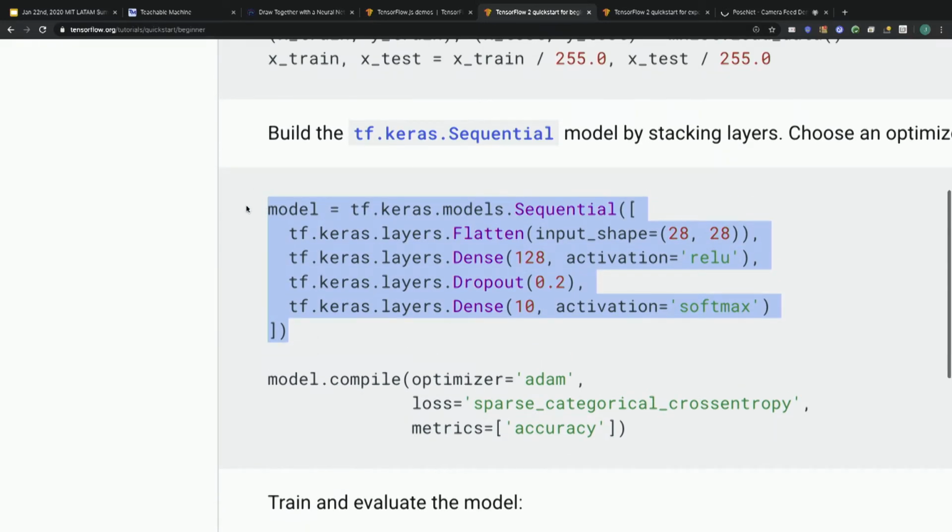And this is a fancy one. It uses dropout as well. But here what we're doing is we're defining a neural network as a stack of layers. And here we have 2 dense layers. So this is a neural network with a single hidden layer. And we're using dropout, which is a fancy feature to prevent overfitting. So we define the network.